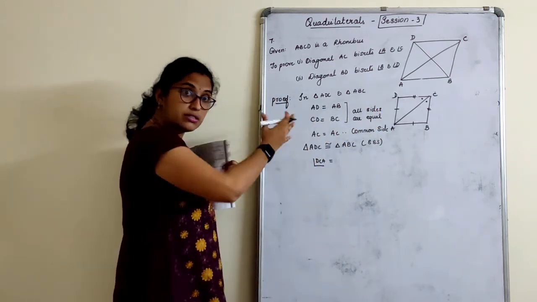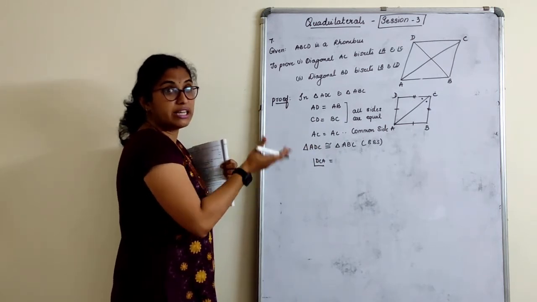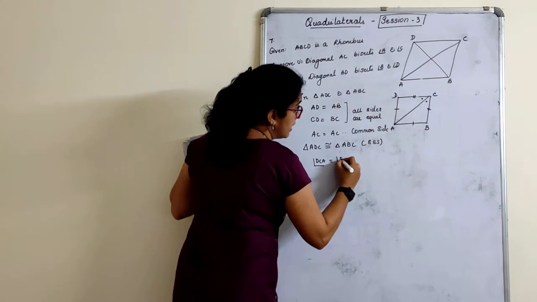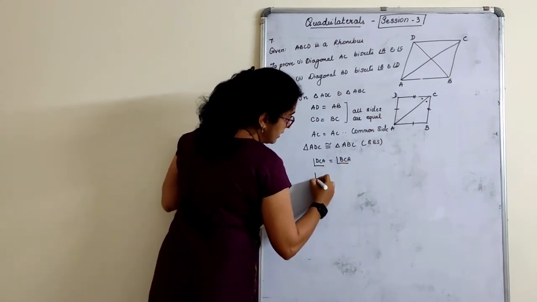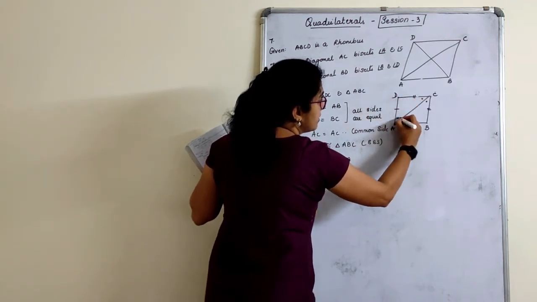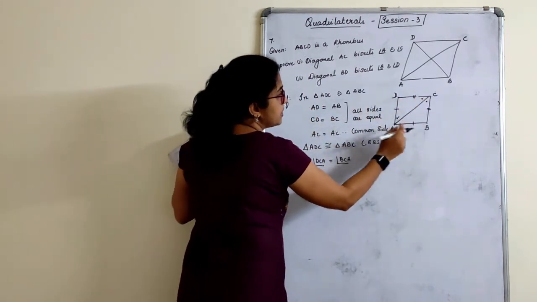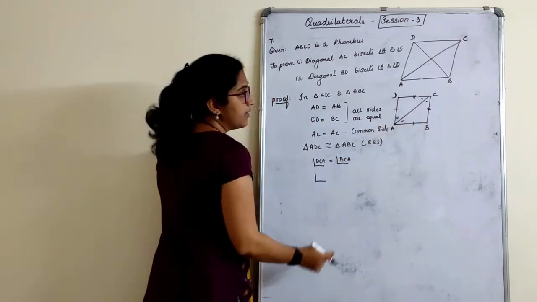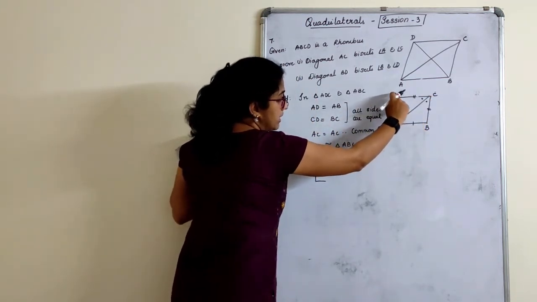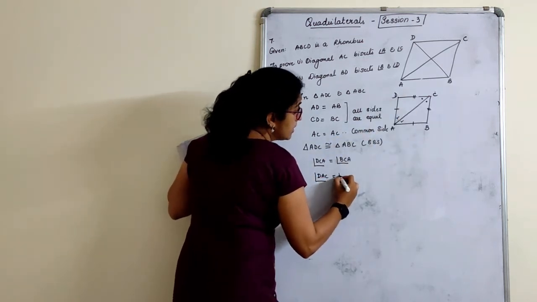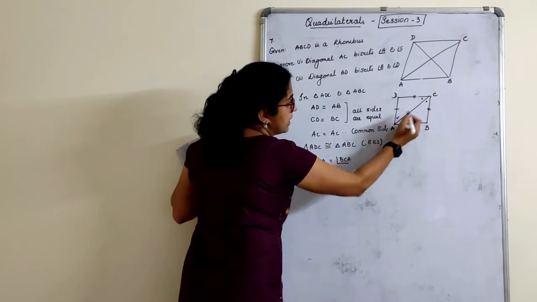Because I have to choose corresponding angles only, which are equal with respect to the side. Angle DCA is equal to angle BCA. Next, CD. CD is here. If this is the side, this is the angle. Next is BC. BC is here. If this is the side, this is the angle. Right? Is equal to angle BAC.